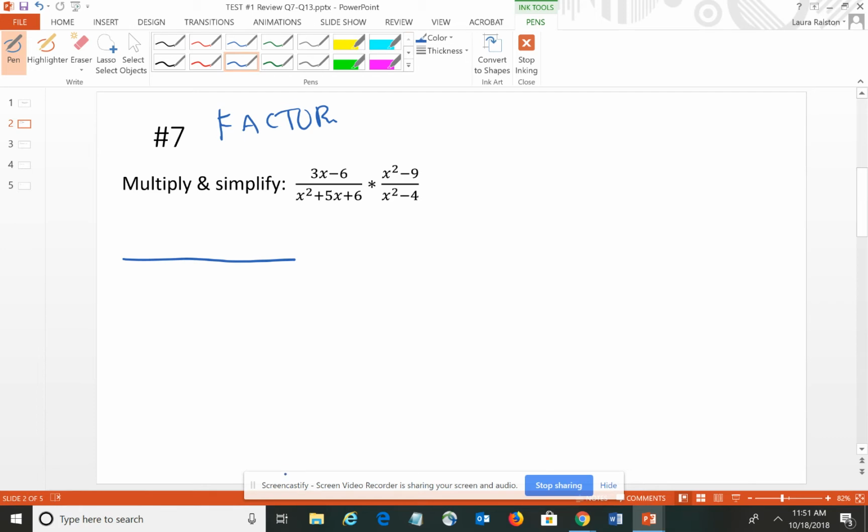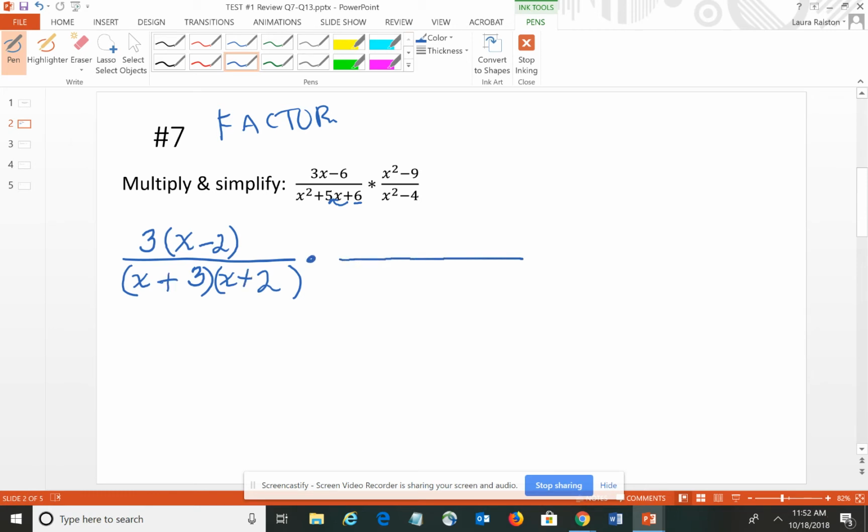I notice that 3x minus 6 has a common factor of 3. So I factor it out and I'm left with x minus 2. In the denominator, I have a trinomial, and I'm pretty sure it'll factor. So I need to find a pair of numbers that will multiply to 6, but then add to 5. So I can use 3 and 2, and they're both going to be positive,